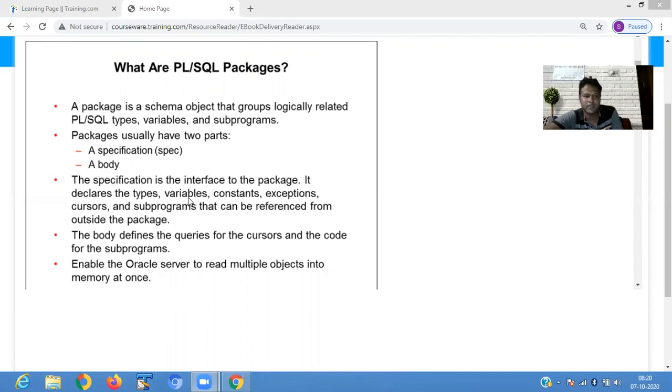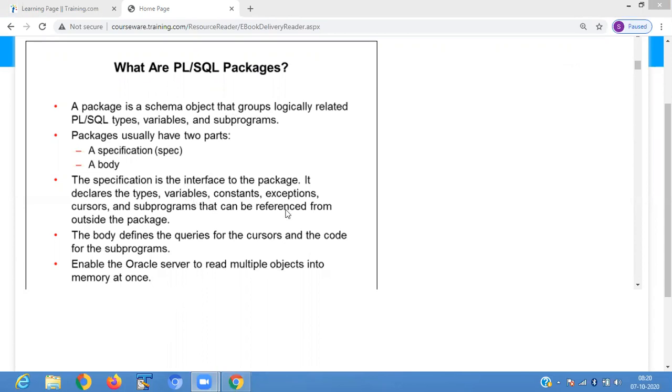The specification declares the types, variables, constants, exceptions, cursors, and subprograms that can be referenced from outside of the package. The body defines the query for the cursor and the code for the subprogram. It enables the Oracle server to read multiple objects into one memory, so you can store multiple objects in one memory.